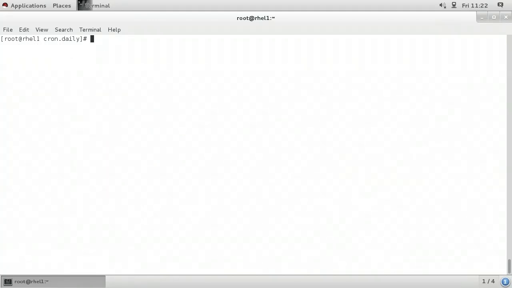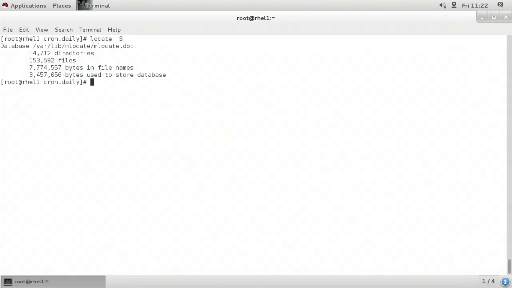So the benefit then of using the locate command is that it is going to search a database. And that database is much quicker than searching the file system. But the downside is that your search results will only be as up to date as when the update command was last run. So for example, to actually use the locate command, we could type locate, and if I'm looking for a specific file like